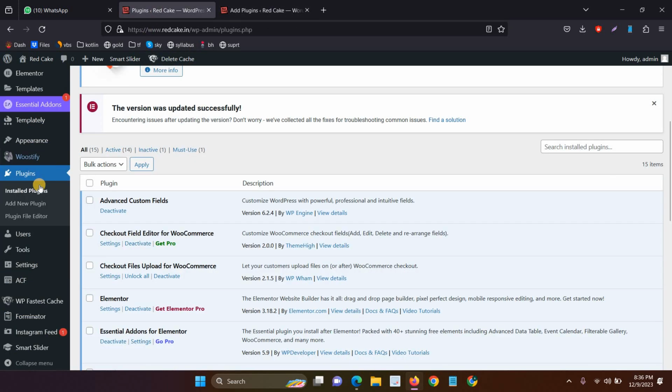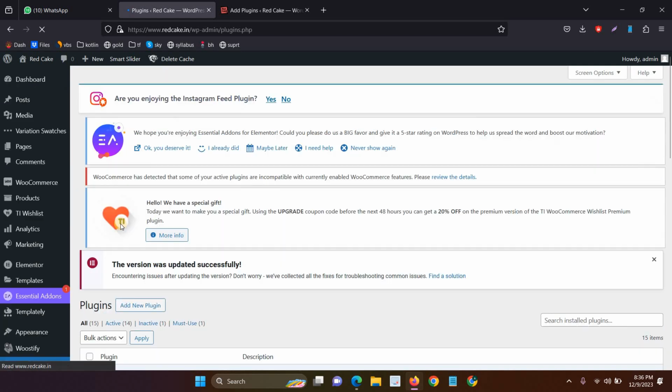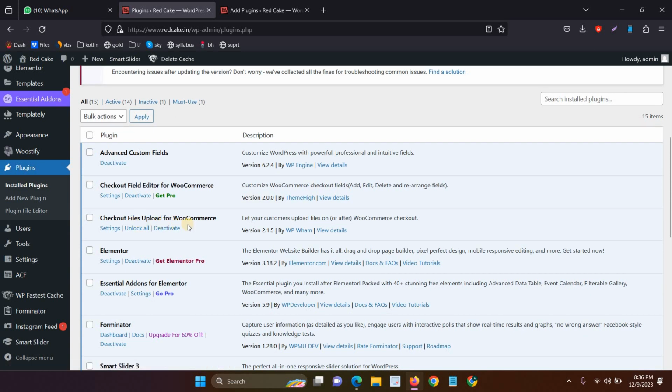So now directly go to the installed plugins and then click on this plugin, Checkout Files Upload for WooCommerce, and the author name is WP Wong. Now just click the settings button